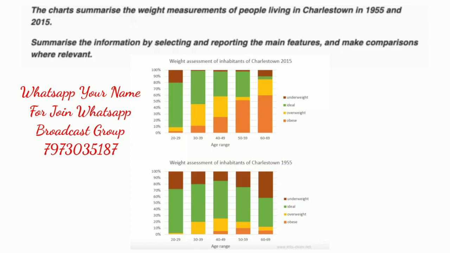Now the first problem is that there are two charts and there is a lot of data. Another issue is that these bars look strange. They are all the same size. These represent the population. Each one is 100%. So the bars given in this type of bar graph are similar to a pie chart, as the pie chart is 100% and the shares are divided similarly. All these bars are 100% and the share is divided in these bar graphs.